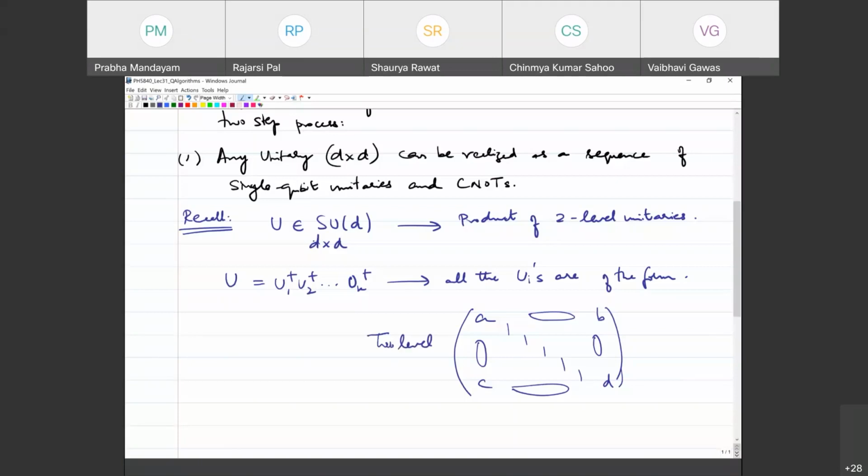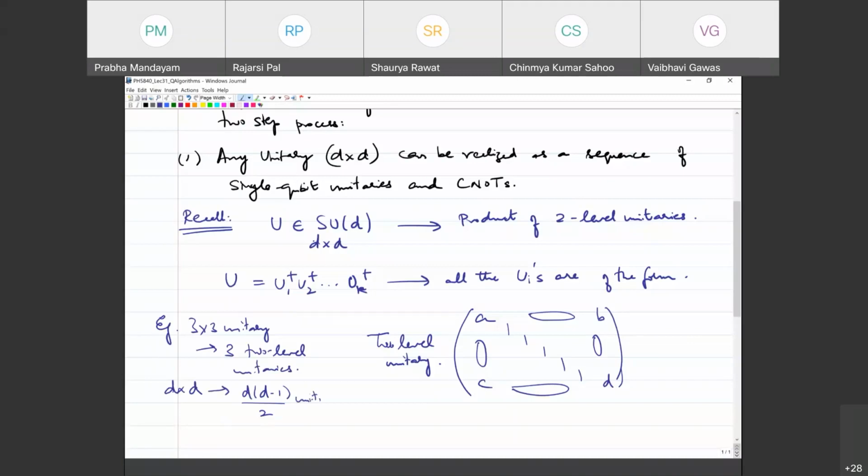right? I hope this statement is clear, that any D cross D unitary can be decomposed, and we worked out the example of a 3 cross 3 unitary, and we showed how you can do a simple algorithmic procedure by which you can decompose it. And this required how many two-level unitaries? So this required 3 such two-level unitaries, and in general we said a D cross D would require D times (D minus 1) by 2 unitaries,